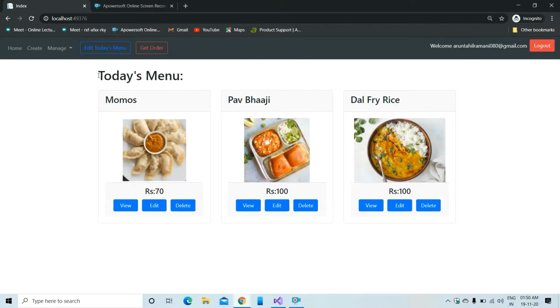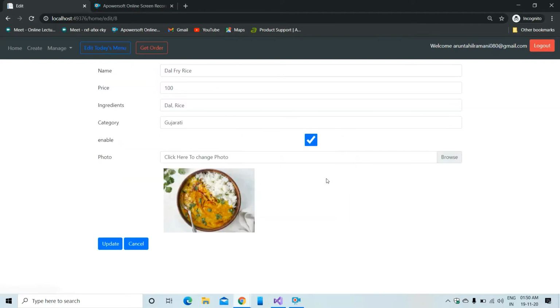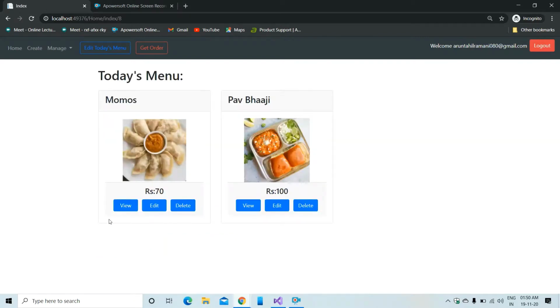Now as you can see in today's menu, a new menu item dal fry rice has been added. It is displaying here in today's menu because when you create a new menu item, it is selected by default that this menu item will be directly added to today's menu, which indicates that this menu item is directly in stock. If the admin wants to disable this menu item from the stock, he or she can disable it and click on the update button.